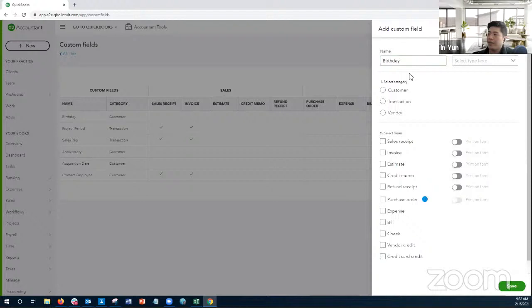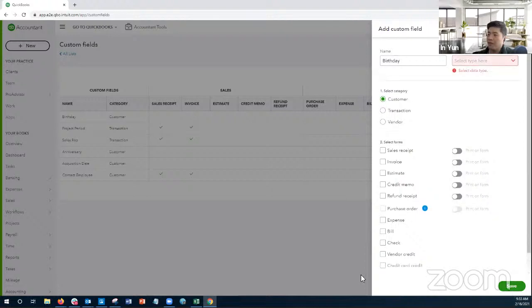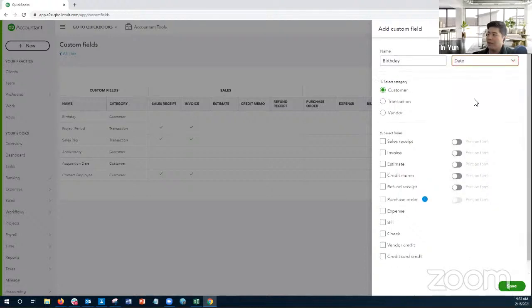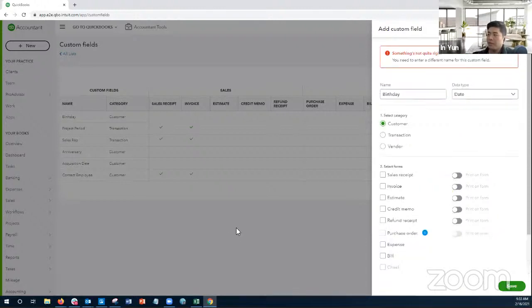You can create a data field named birthday, and you can attach this data field to a customer. In this case, you do not have to specify a specific form for this. If you click save, and set date as the data type and save, and then you should be able to,